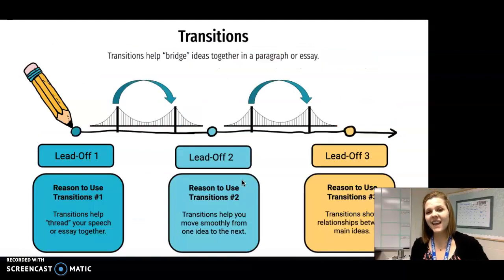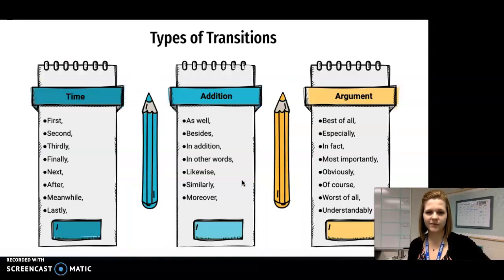On this next slide, I discussed with you some transitions. So transitions simply help bridge ideas together in a paragraph or essay. So it lets us know that we're talking about one idea, and then we'll transition to the next before we transition to one more idea. On these next few slides, I've simply given you different types of transitions. I'm not going to list each one of them for you because you can read them in your own time,